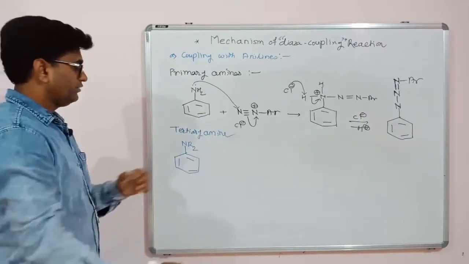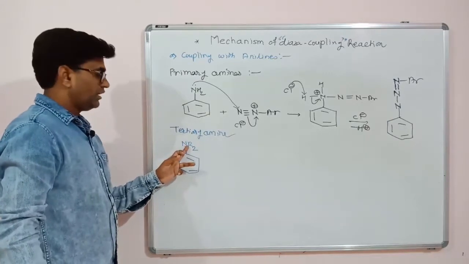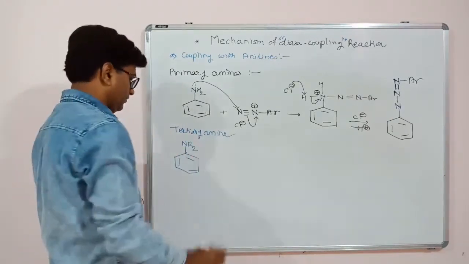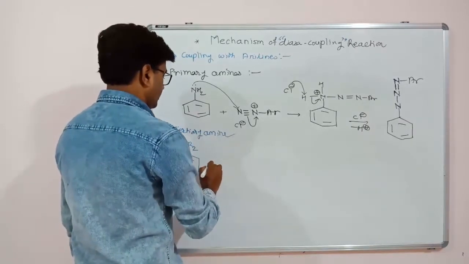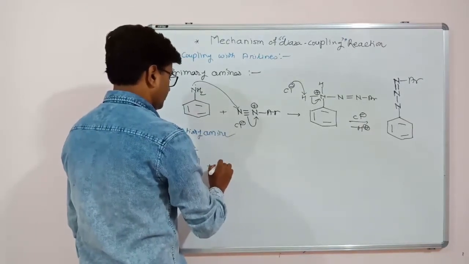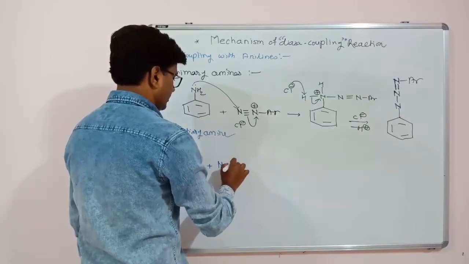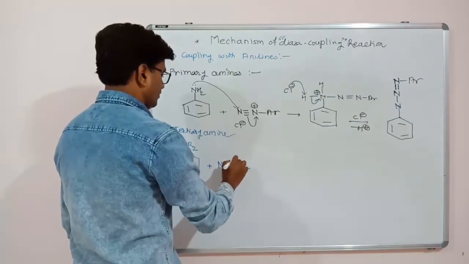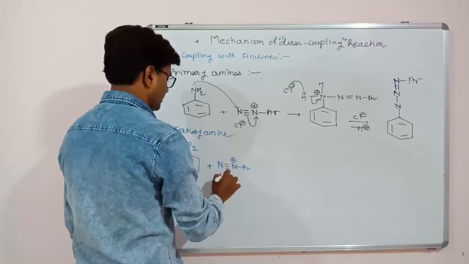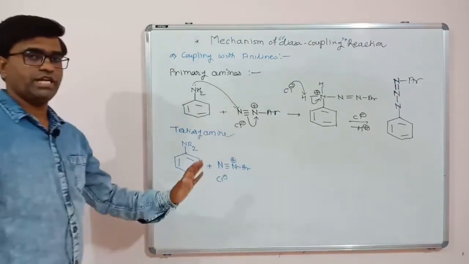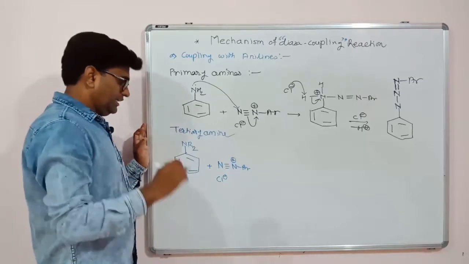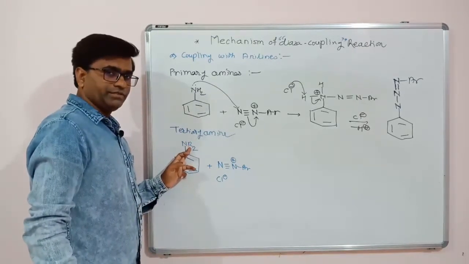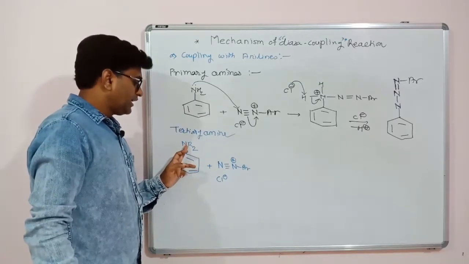This is our tertiary amine now. Both hydrogens of this amine group are replaced by the R group, any R group like ethyl, methyl. And then we have our electrophile, that is diazonium chloride salt. So this nitrogen has a positive charge, neutralized by Cl minus. This is our diazonium chloride salt. In this case, because these R groups are there, it is very bulky, so that this nitrogen is not